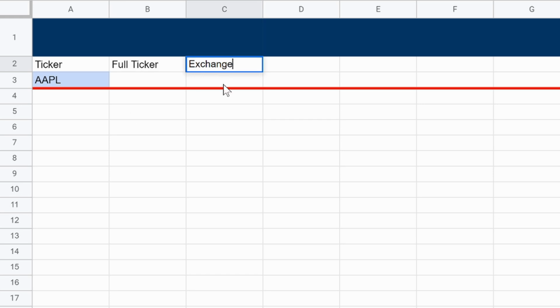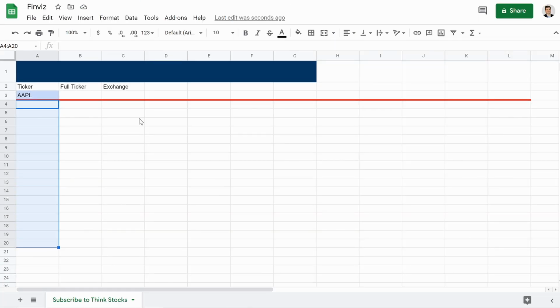And exchange is going to be cool. We're going to be learning a new function here. You guys will see in a second. And then after that, what we have to do before we even start plugging in any code, we have to put all of the